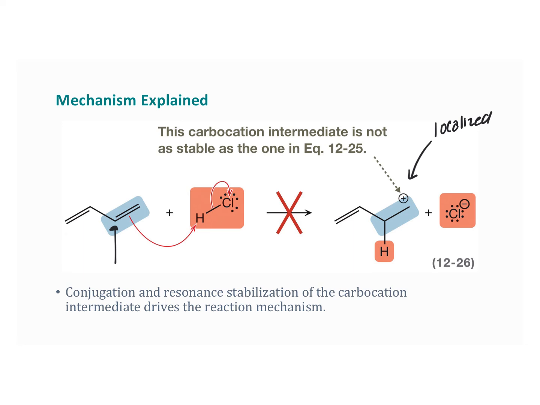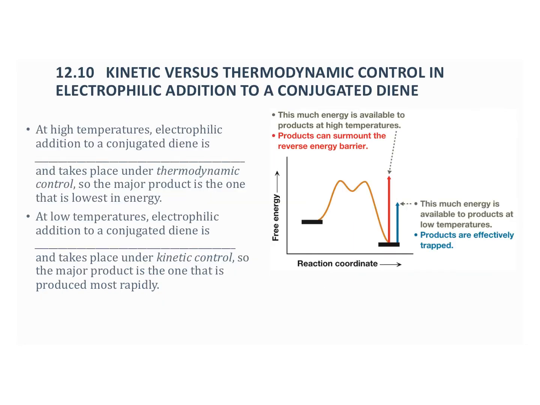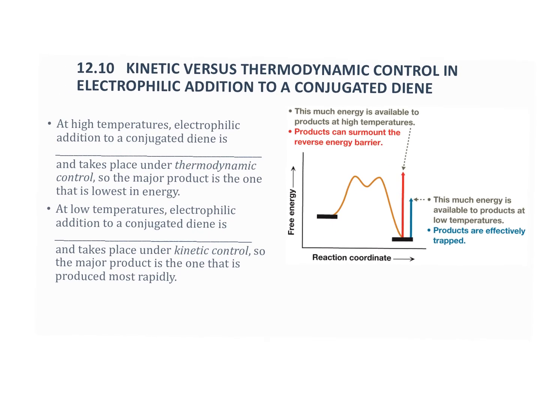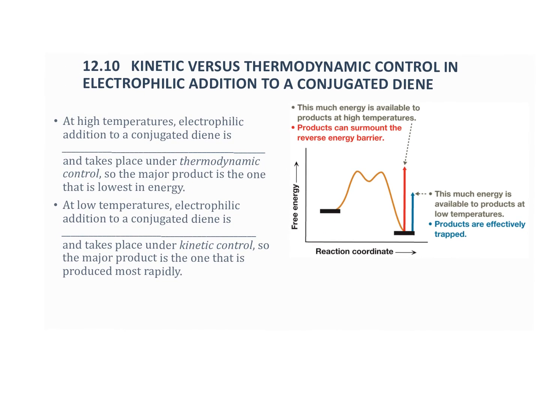Now, electrophilic addition of butyl-1,3-diene produces a mixture of addition products, right? We get the 1,2 adduct and the 1,4 adduct from the same carbocation intermediate. But I'm sure the burning question in your heart is, which adduct is the major product? Well, to answer that, we really need to look at the temperature, okay? And so we can use the temperature to control which product we're going to get. It's a major factor in electrophilic addition reactions